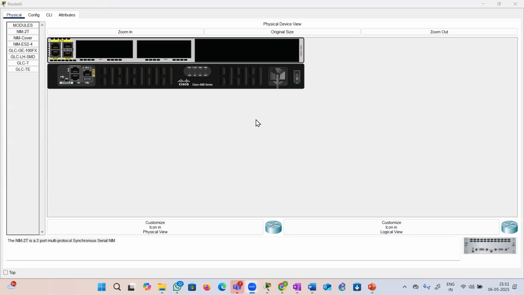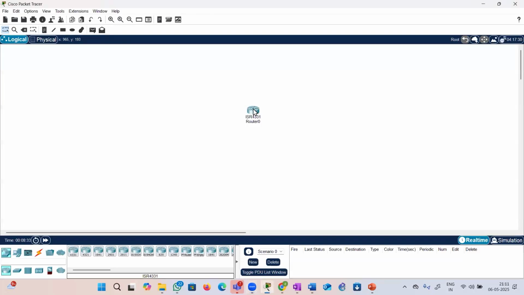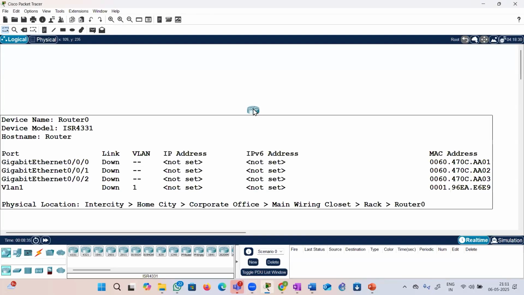Now look, what am I trying to do? Close this. If I keep my cursor here, how many ports do we have? Physical, 3 ports, Gigabit 0/0/0, 1, 2, right? And one logical port, VLAN. But VLAN is normally on the switch, not on the router. But because